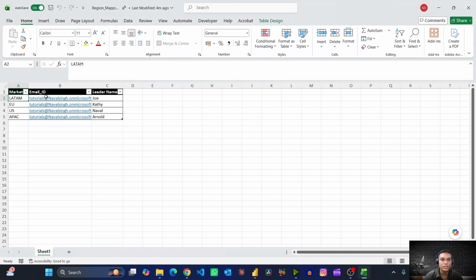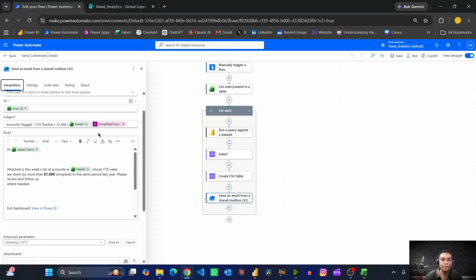Excel file. So let's share. So this is the column B here. For example, instead of the same email IDs across the markets, we may have a customized email for LATAM. So we just have to add those respective emails over here, and the Power Automate will automatically pick those